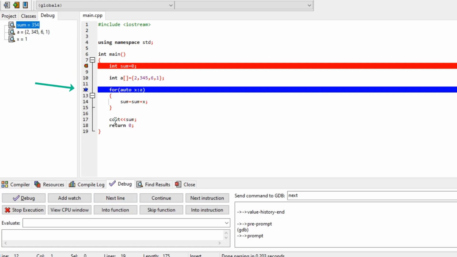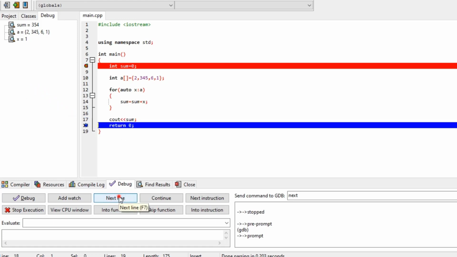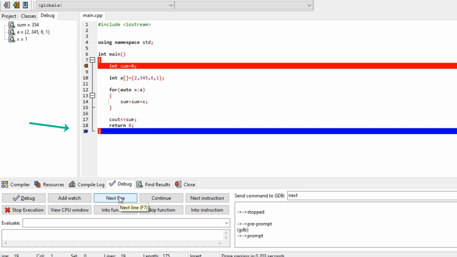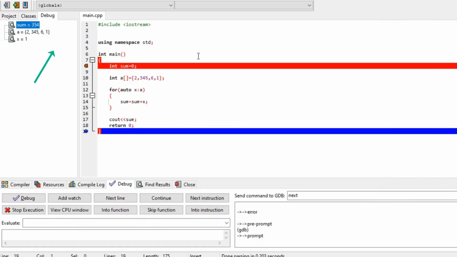Then finally it will come to cout, and the sum value will be displayed. Again next line, it came to return 0, and the block will end. Click on next line. Here sum is equal to 54. In the console also you can see the 54 value.